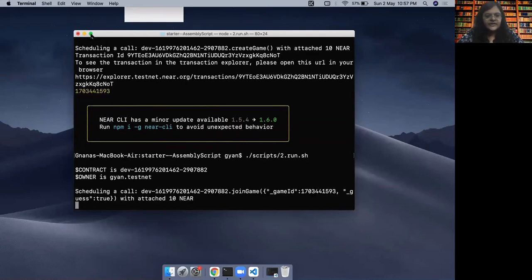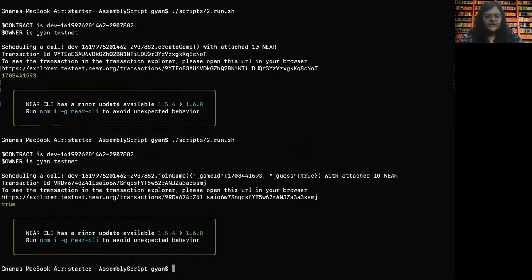Okay, you can see that it says scheduling a call to join game with attached 10 near, and it returned true because the only condition we had was, if the attached deposit is 0, then you should return false.